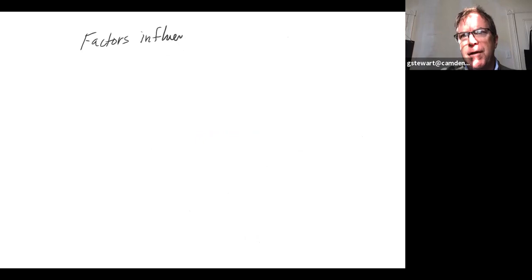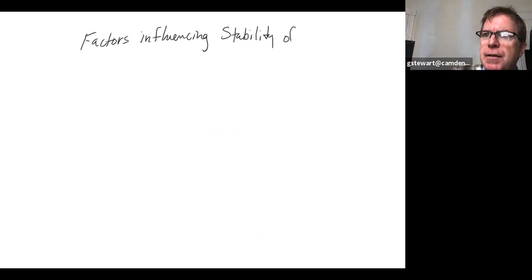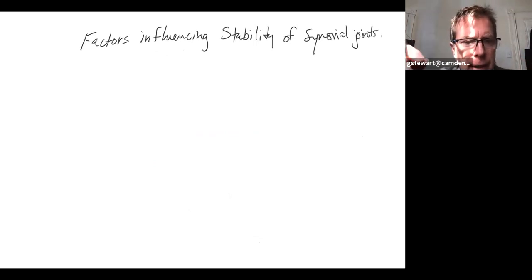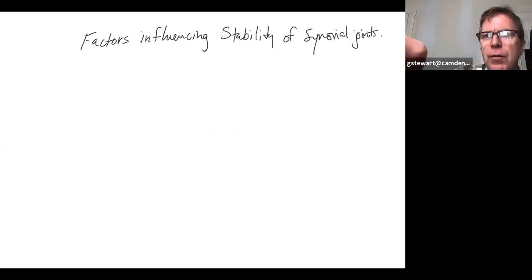All right. Just going to talk for a short time about a few factors influencing the stability of synovial joints. With synovial joints, always remember this: the more freely movable the joint is, the less stable it is. That's the trade-off. So first,